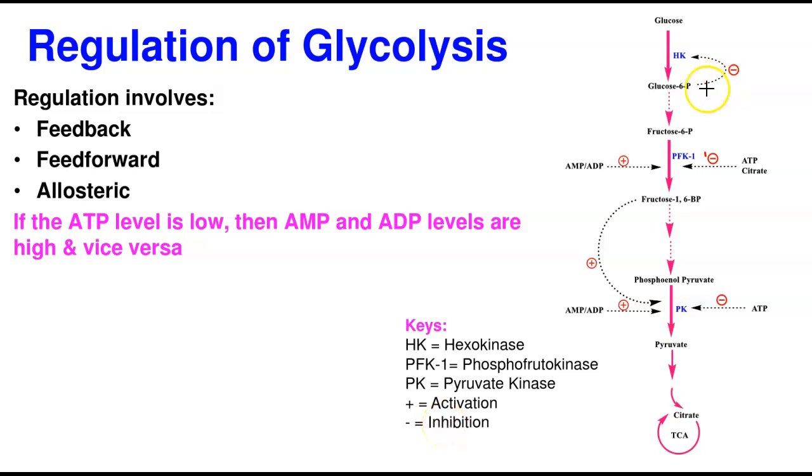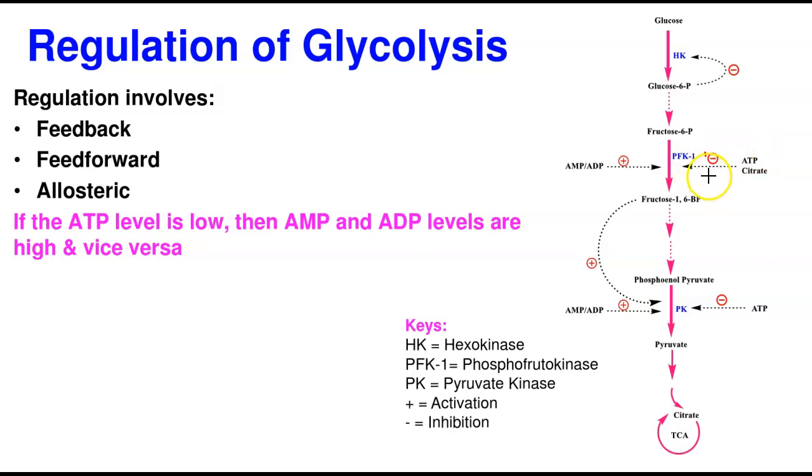Now, this loop is called the negative feedback loop. This is an inhibition. Glucose 6-phosphate is the first product of glycolysis and is produced directly from glucose. What happens is that in high concentration, glucose 6-phosphate goes to inhibit hexokinase and tells it, okay, there is enough ATP, no need to keep producing. This is a feedback control. Now let's see what happens again. Now in phosphofructokinase 1,